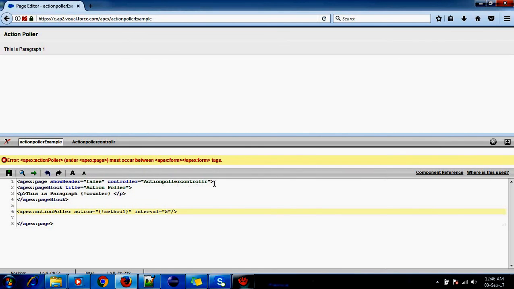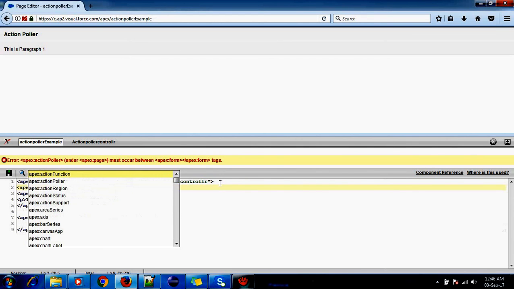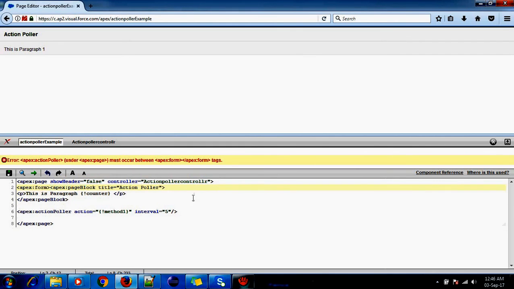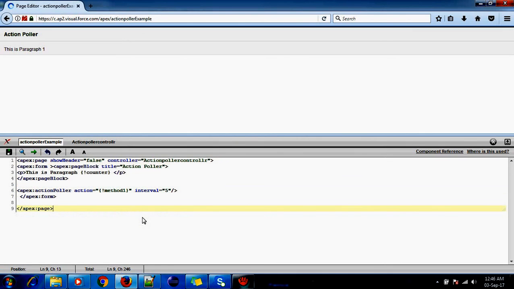Whenever we are giving any input component, we have to put it in form tags, apex colon form. Okay, I have put it in form tags. The error disappeared now, so everything looks fine here.